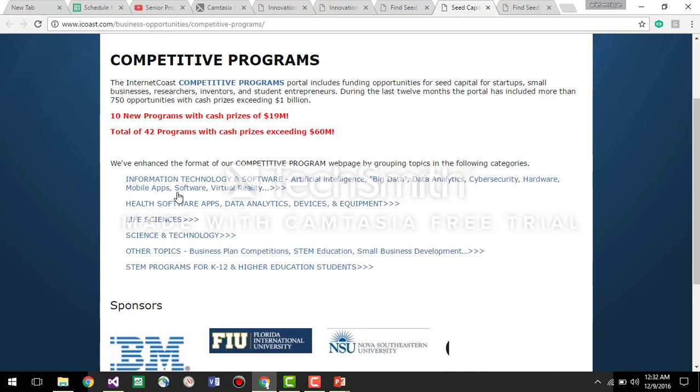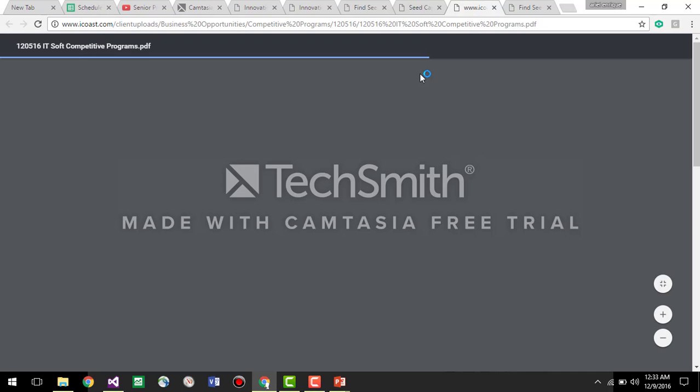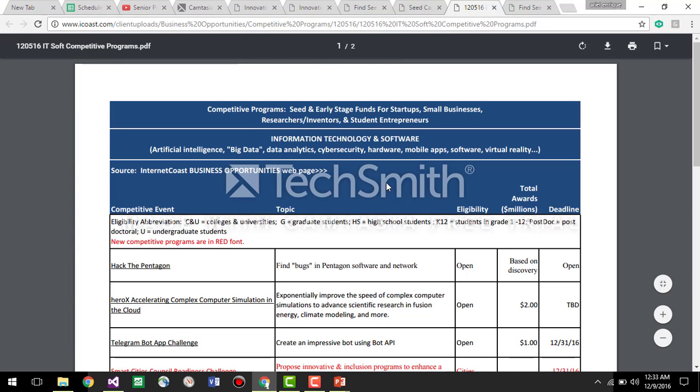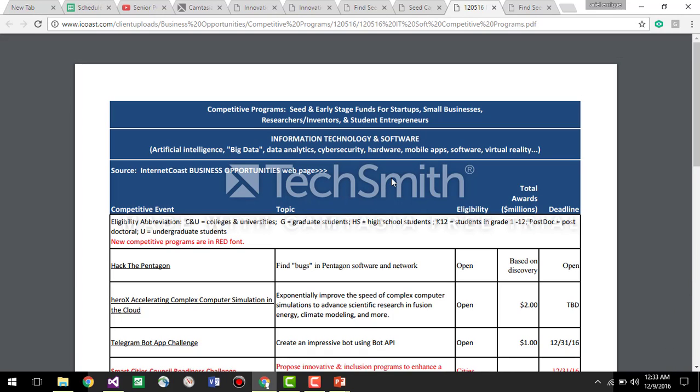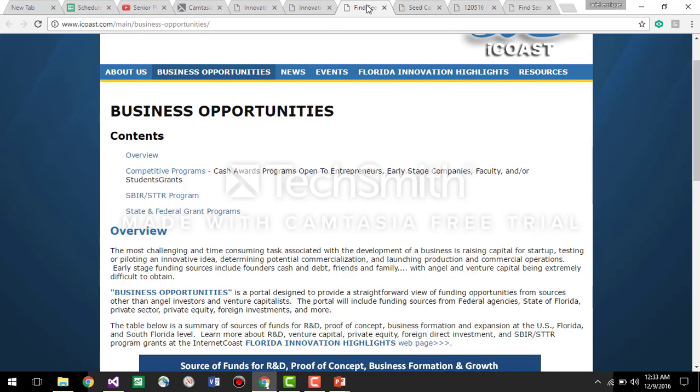Let's say, for example, information technology and software. What we get is basically a PDF document, which they put together manually, and finally they upload this document to the portal, to icoast.com. And here you can see the competitive event, so all the data that they manage.